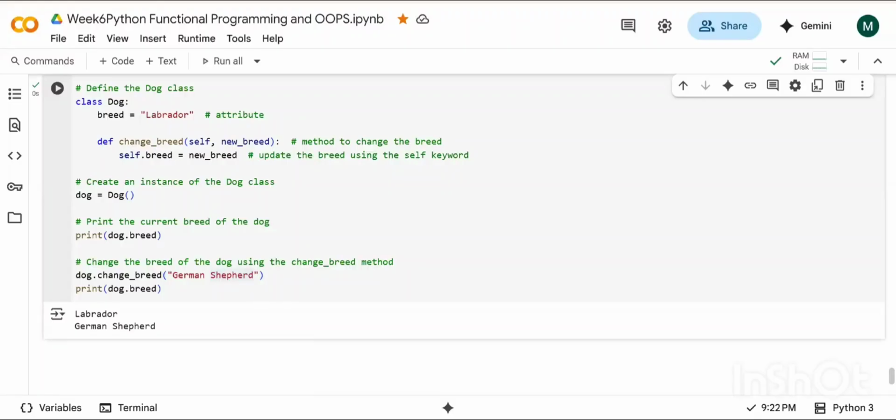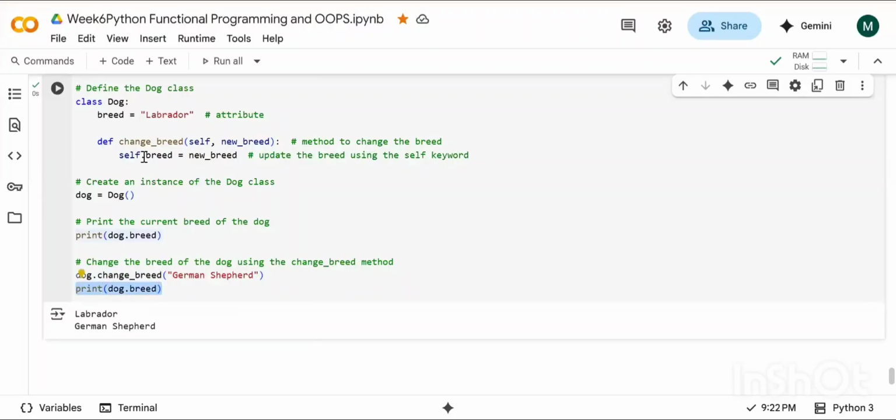The issue which you are doing now, my dog dot change breed, is okay. You are doing that correctly, but now what you have to do is my dog dot breed. First of all, just like I am doing now, put dog dot change breed as the Labrador, and then print dog dot breed. Like that, put it, okay?